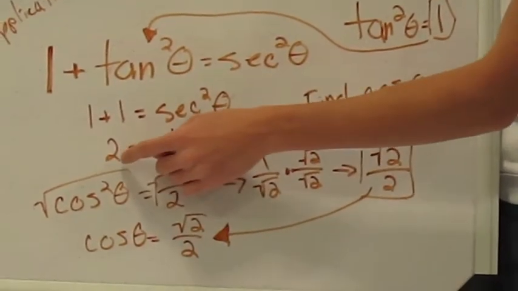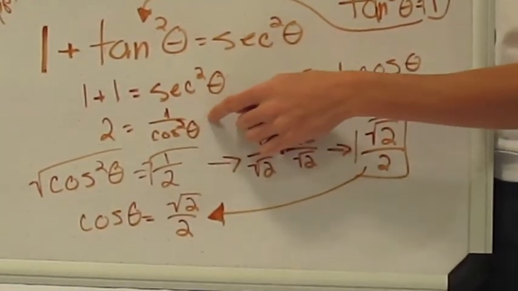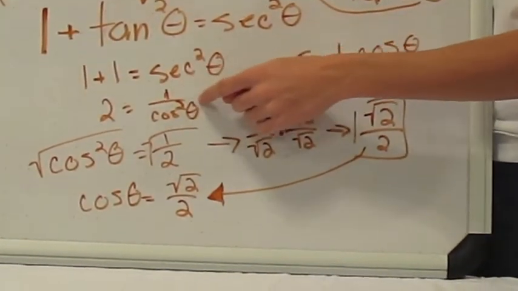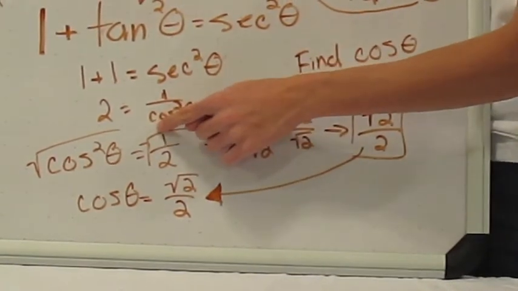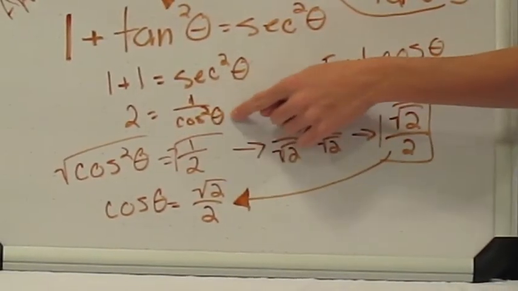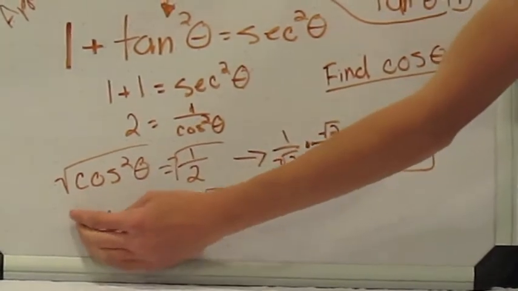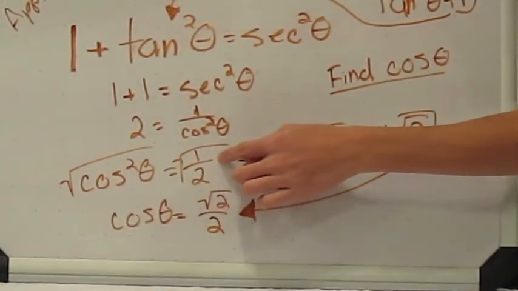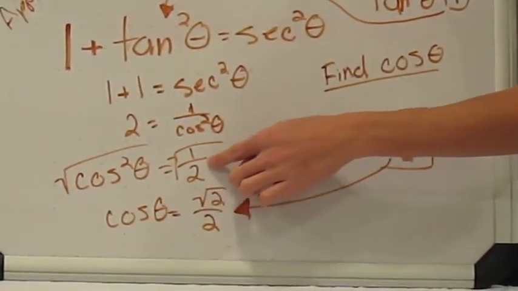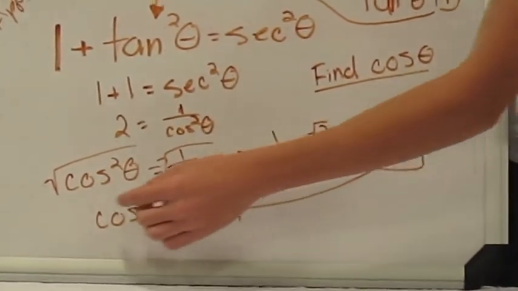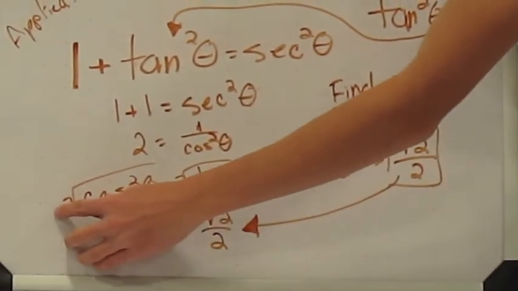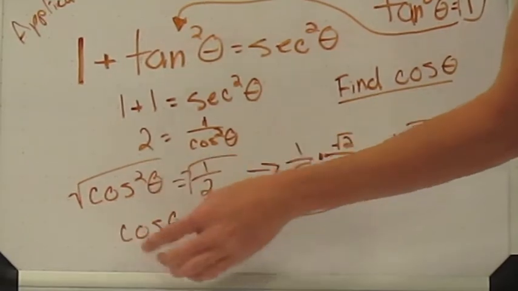This can be simplified to 2 equals, and then now using a reciprocal identity, 1 over cosine squared theta, so that we can now get cosines in the equation. From here, we have cosine squared theta equals 1 divided by 2, they equal each other. So to simplify this, we can take the square root of cosine squared theta, since we're trying to get cosine